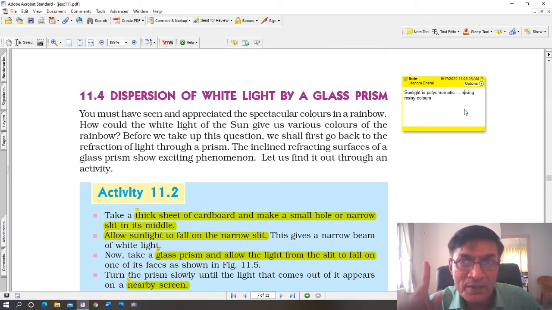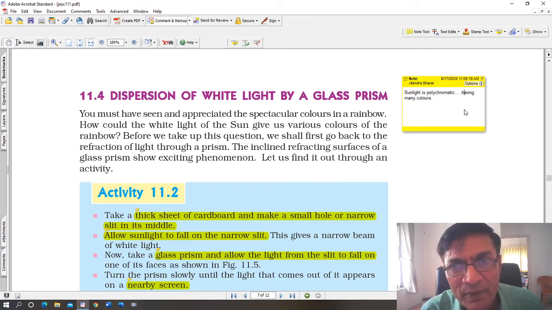The rainbow always appears in the opposite direction to the sun. For example, if you see a rainbow in the morning, the sun will be in the east and the rainbow will be in the west. In the evening, if you see a rainbow, generally you won't see a rainbow in the afternoon, but it could happen sometimes. Whichever direction the sun is in, in the opposite direction you will see the rainbow. So a rainbow has a lot to do with sunlight passing through particles of water. We'll come to that in a minute.